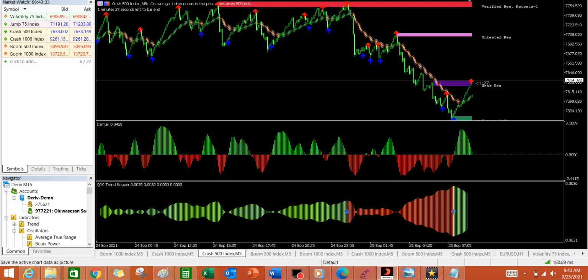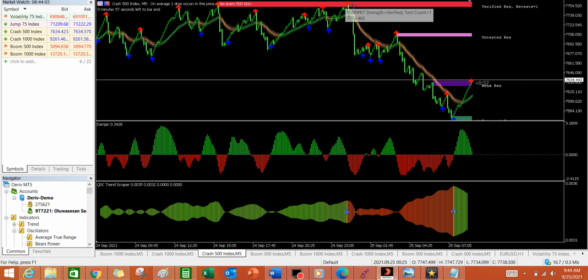Quickly, just the way we have known, I've explained that for us to swing trade successfully, we should be able to identify the direction of the market, which has to do with the trend. Then we should be able to identify our support and resistance levels. This will help us to know our entry point and our exit point. And like I said, we usually have stronger signals from 5 minutes upward.